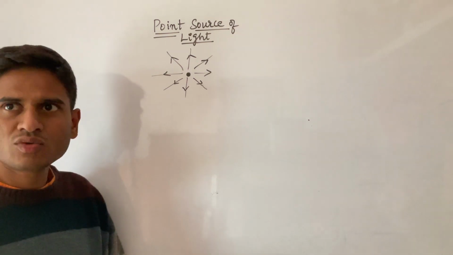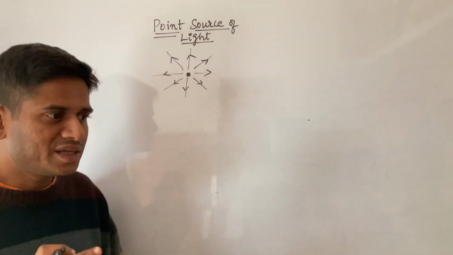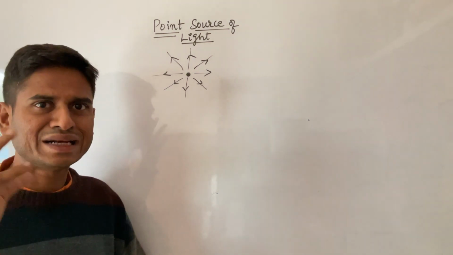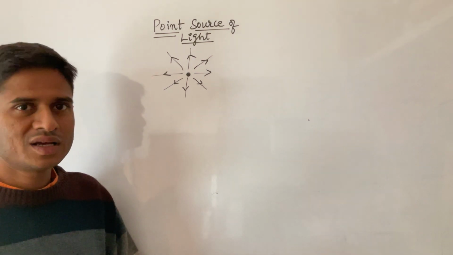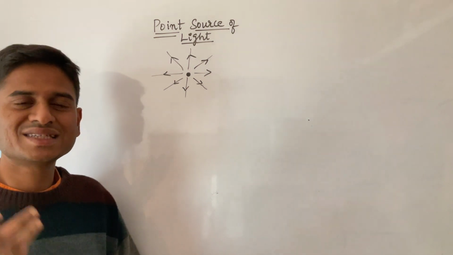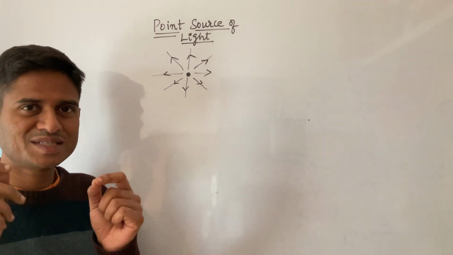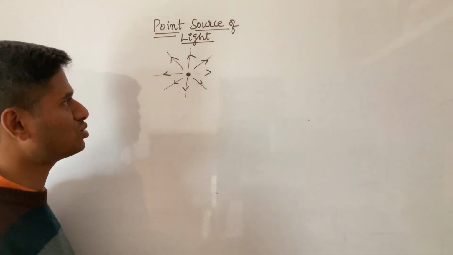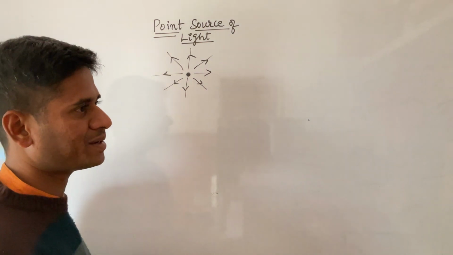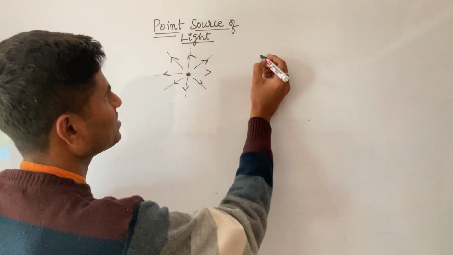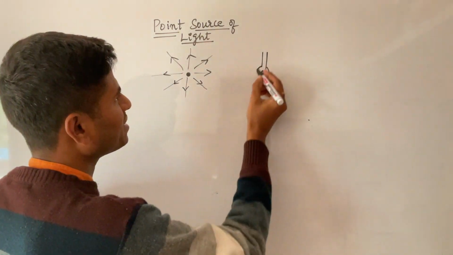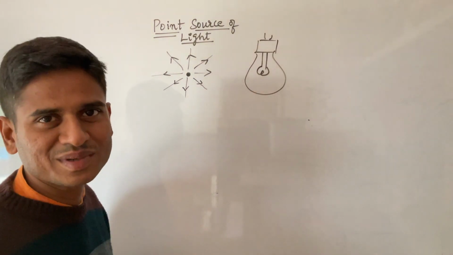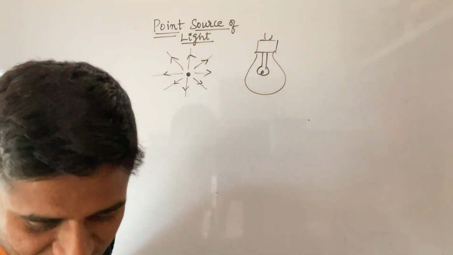Now, usually we use either a tube light or LED light or an incandescent bulb, whatever it is. That is not a point source of light. That is an extended source of light, which is made up of many point sources. For example, let us say I'm in this room and I'm taking the example of an incandescent bulb. So you have the filament. This bulb you would have seen some years before. Now we have LED bulbs.